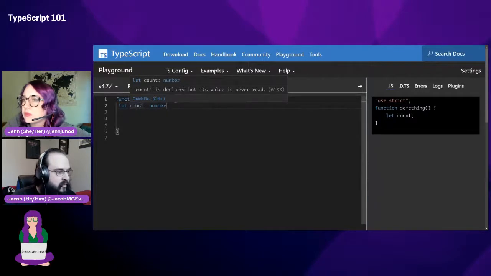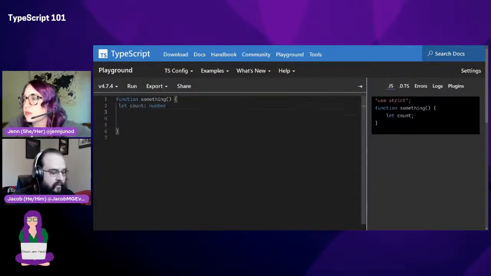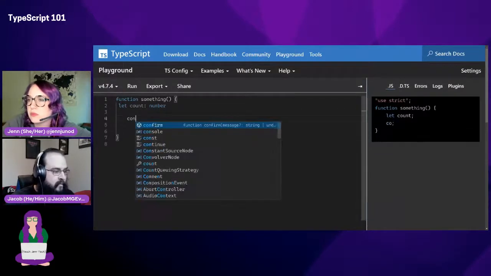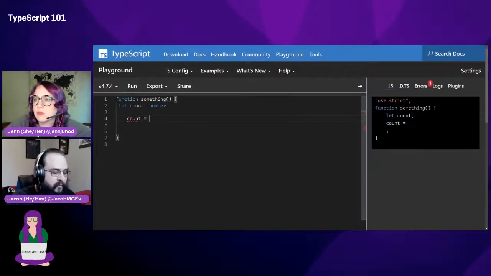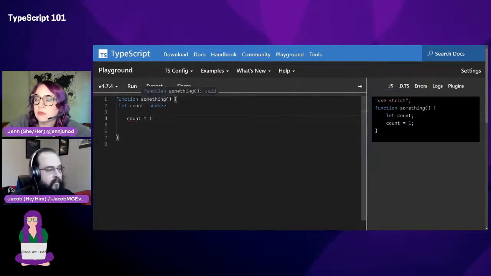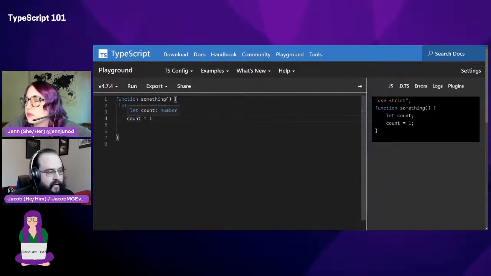It just knows that you're going to make it a number. So that's a perfect example of how I could tell it what it's going to be. So count is going to equal some sort of number, and it's happy about that. It's like, cool, that is a number.